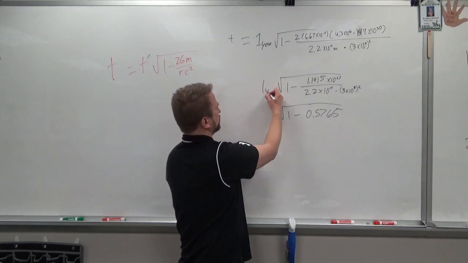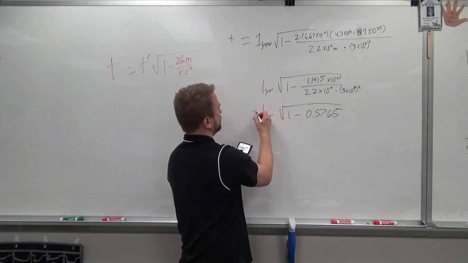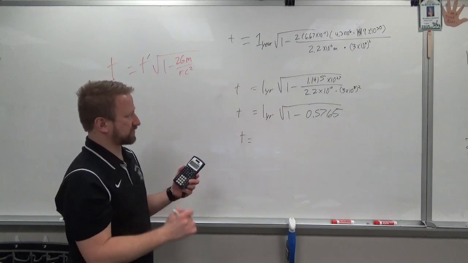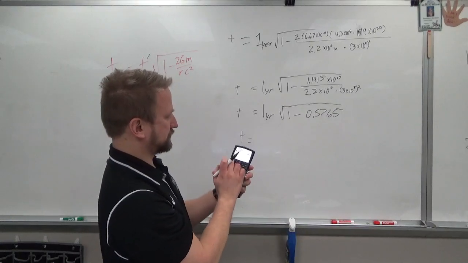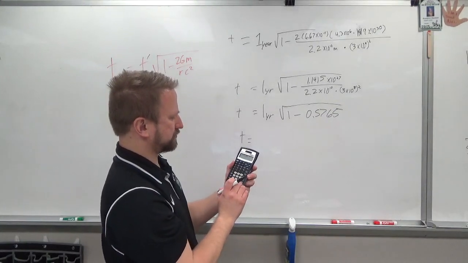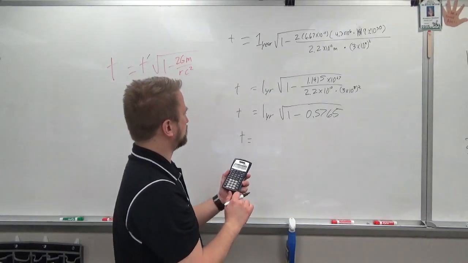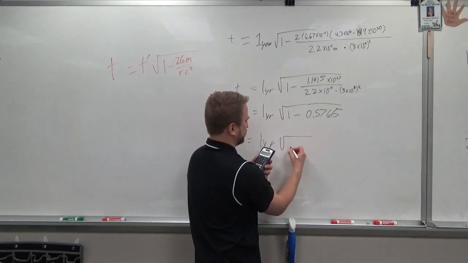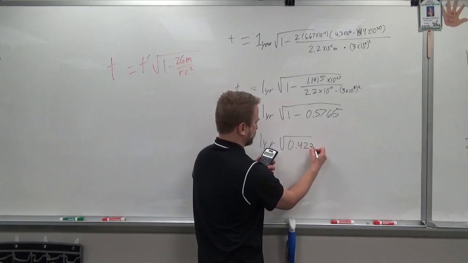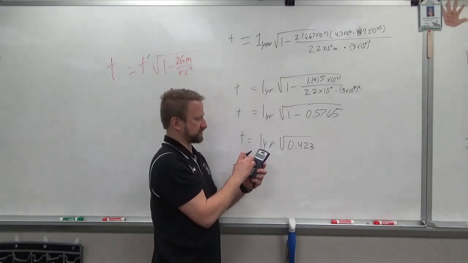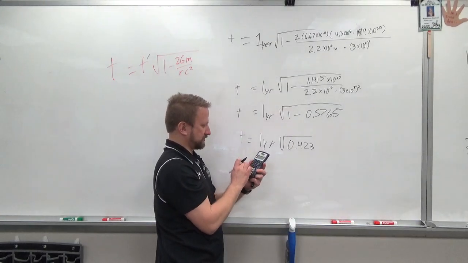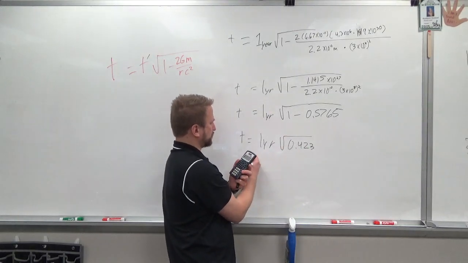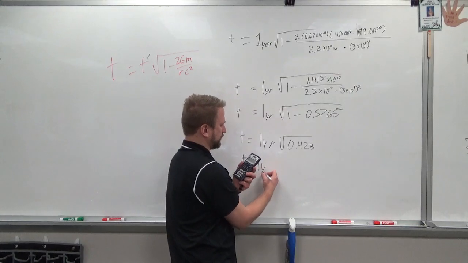And this is still 1 year out here. Kind of getting lazy on those. Okay, so now I'm going to take 1 minus 0.5765. So this simplifies down to 1 year times the square root of 0.423. So I'll get the square root next. So we get t equals 1 year